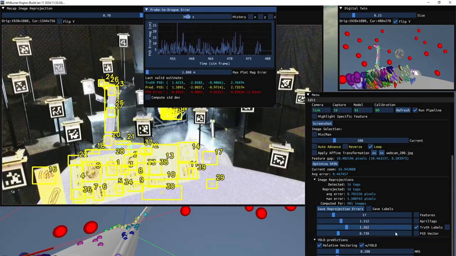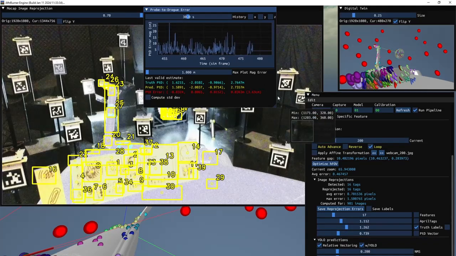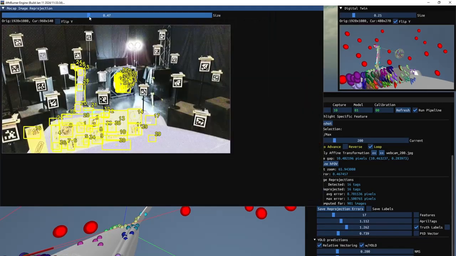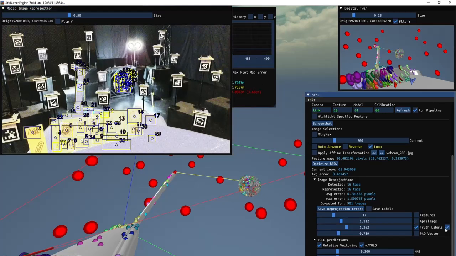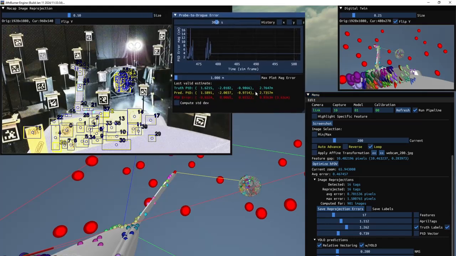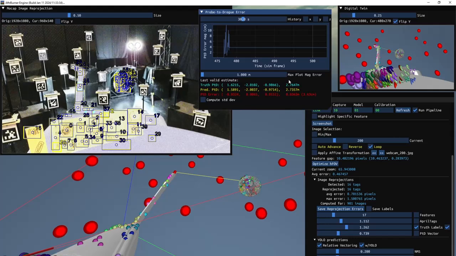So now I've turned the neural network on, and let me back this out a little bit. Yellow is what the truth labels are. If I enable it, the blue is what the neural network is detecting. So I've trained it to find these boxes. The neural network is actually finding these boxes, and when we run it through our dual object detection pipeline,